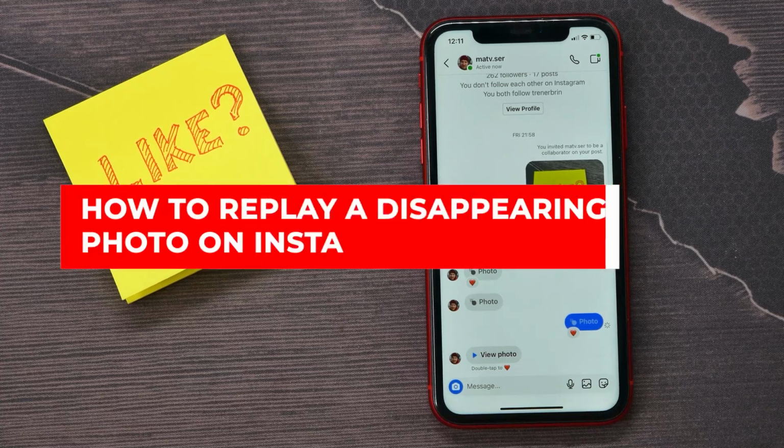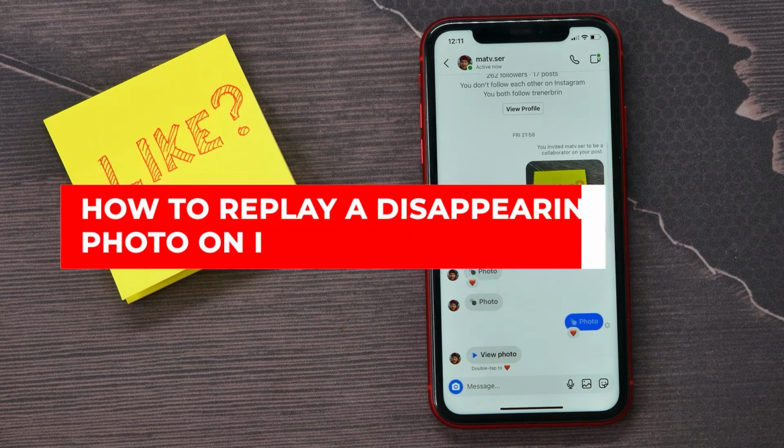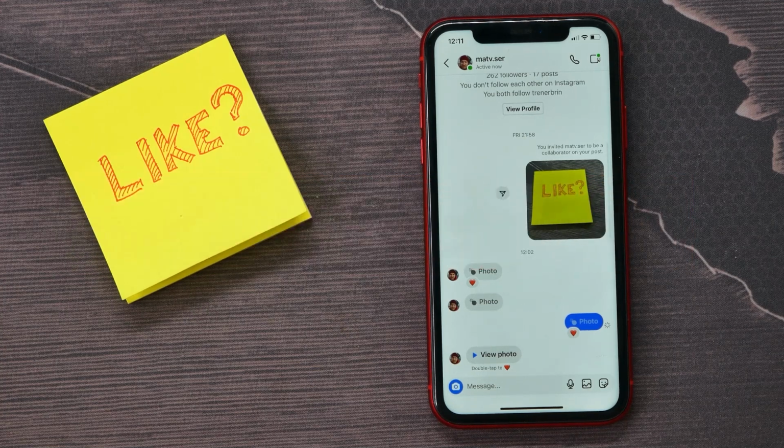In this video, I'm going to show you how to replay disappearing photo on Instagram. That is quite simple and easy to do, so let's begin. And once you get such kind of message, it says view photo and has a small play button in it,